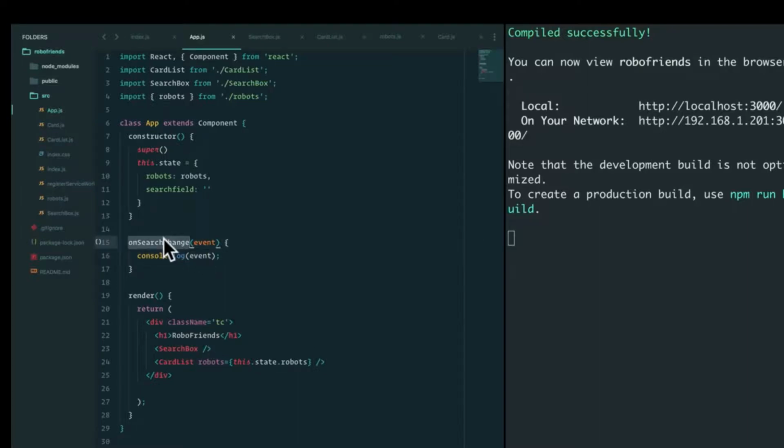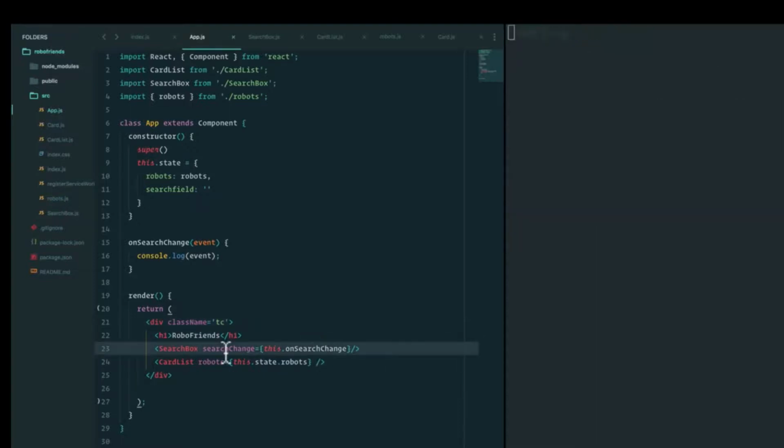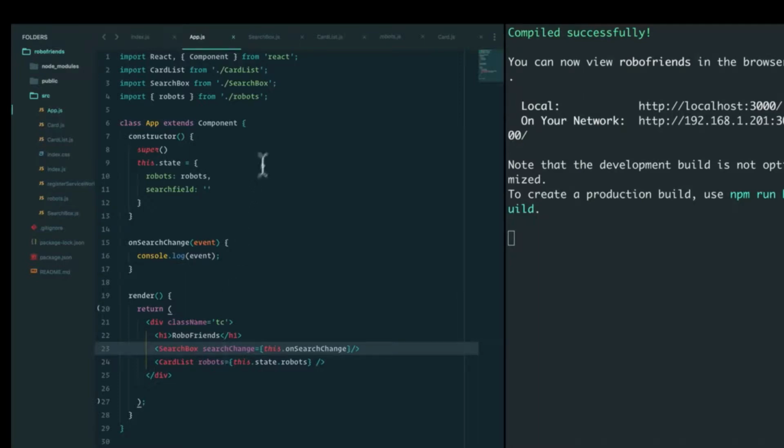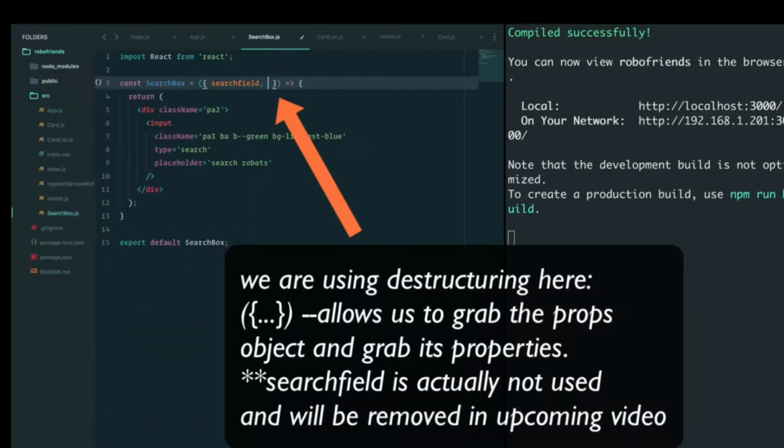So we can pass this actually now. I can say searchChange is onSearchChange. But again, because this is an object, we have to say this dot, so that it says this, which is the App dot onSearchChange, is searchChange. If I save this and now go to the search box, I now have searchChange